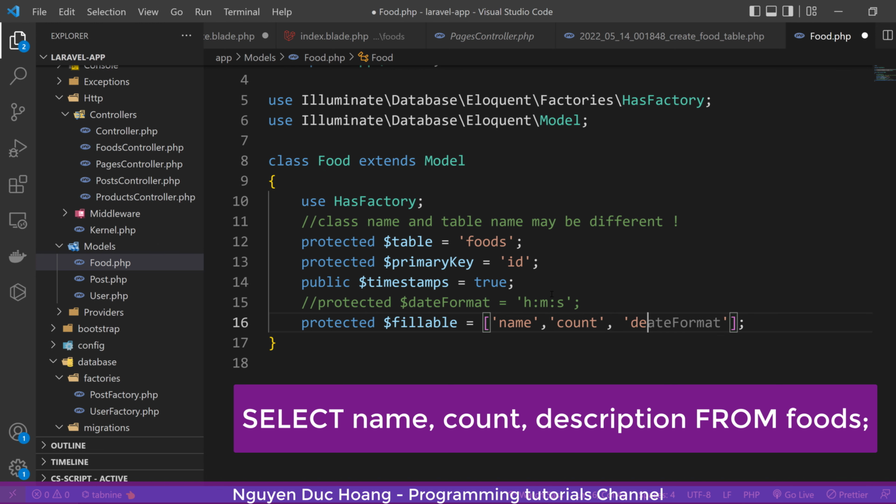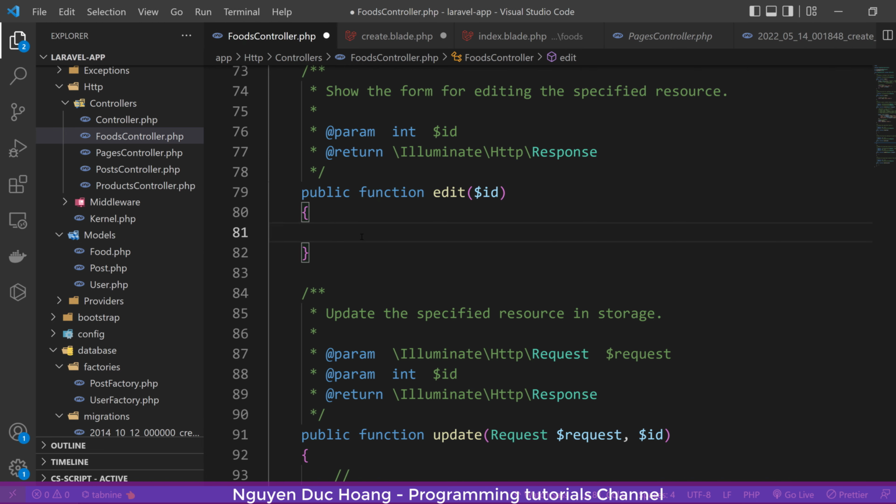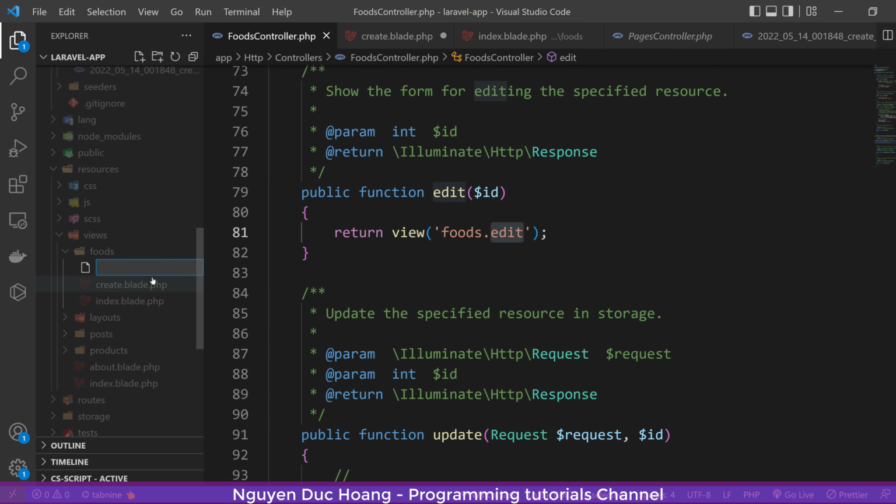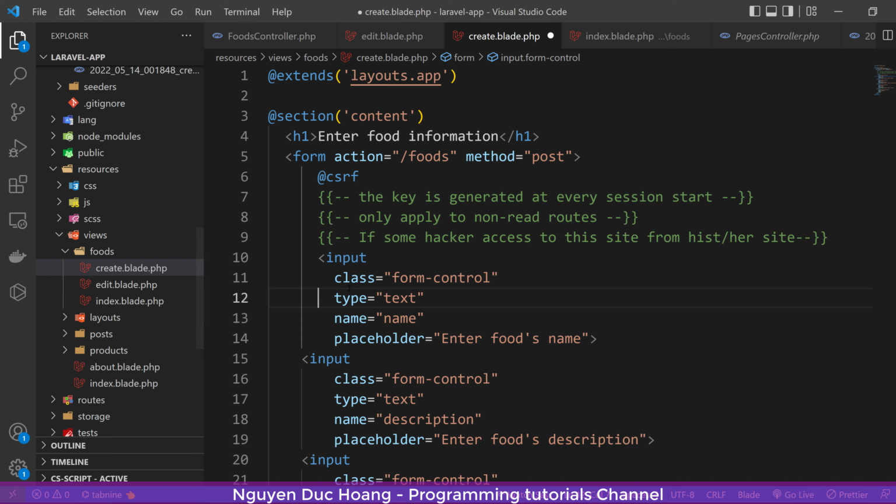Field label is a property which defines the specific field to display. Okay. So edit is a form that allows you to type the new information and press save. Then the information is updated to the database. So let's create a view file in foods as